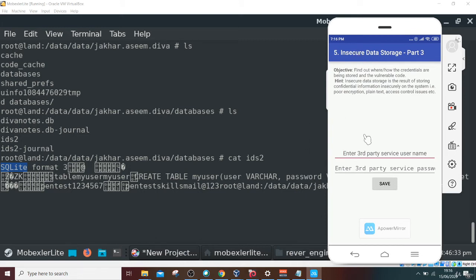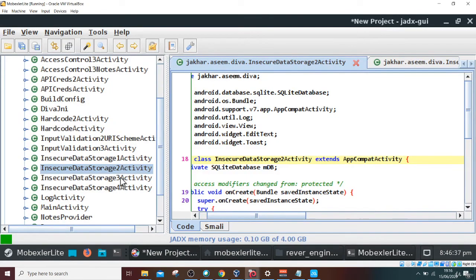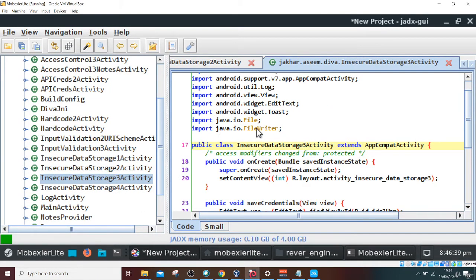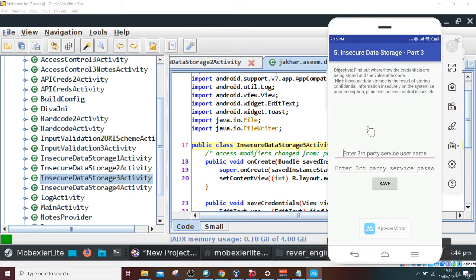It says part 3, and we also notice that we have the class name in the same way, so an attacker can easily enumerate the front-end functionality and the back-end code. It says Insecure Data Storage 3.